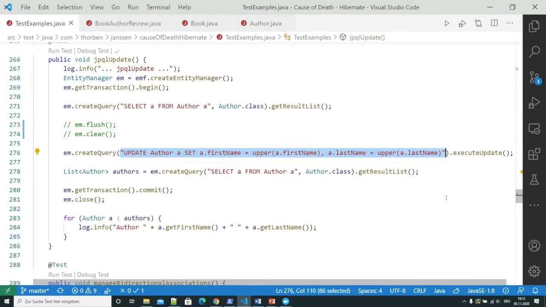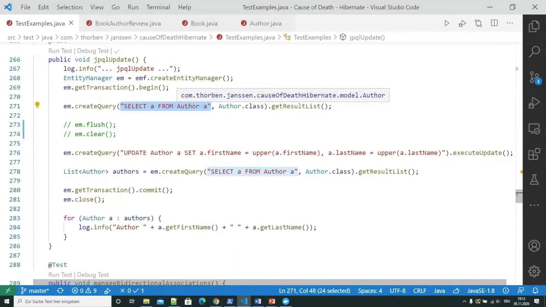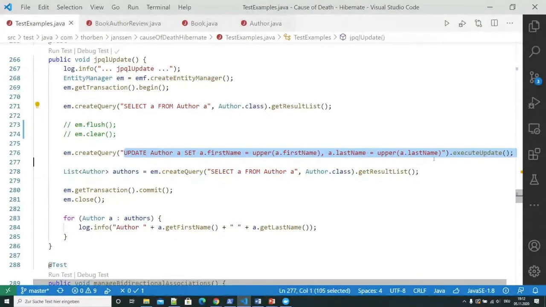And Hibernate doesn't know which entities are affected by this update statement. So if we fetched all authors, or just a few of them, before we perform the update statement, then Hibernate has a copy of these author objects in our actual persistence context or first level cache. Then we update it in the database.